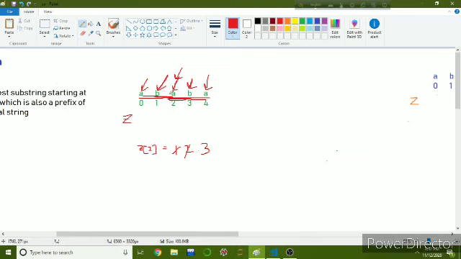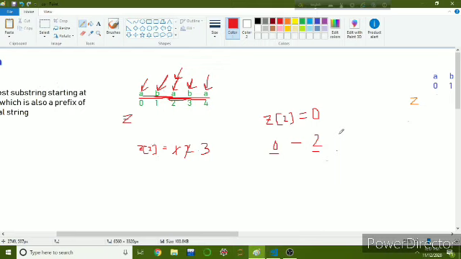So what we are doing here is that initially we haven't matched any characters, so we will say that Z of 2 is 0. Then we will match the 0th character with the second character, because we are trying to find the Z value at index 2.